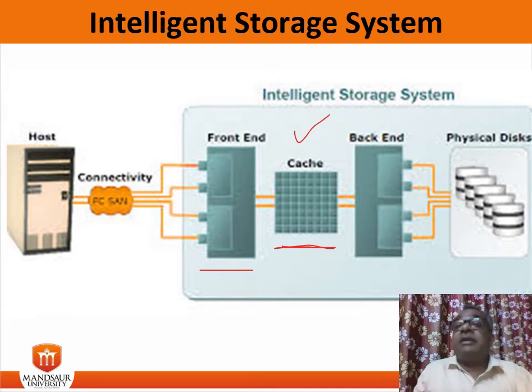The other is the front end controller, which has the processing logic that executes the appropriate transport protocol, such as Fibre Channel, iSCSI, FICON or FCoE, for the storage connections. The front end controller routes the data to and from cache via the internal data bus. When the cache receives the write data, the controller sends an acknowledgement message back to the host.